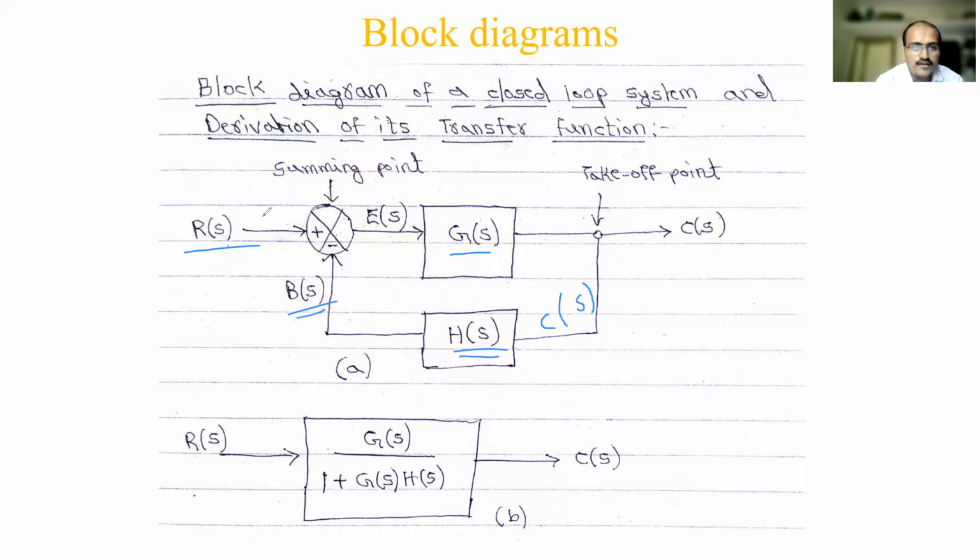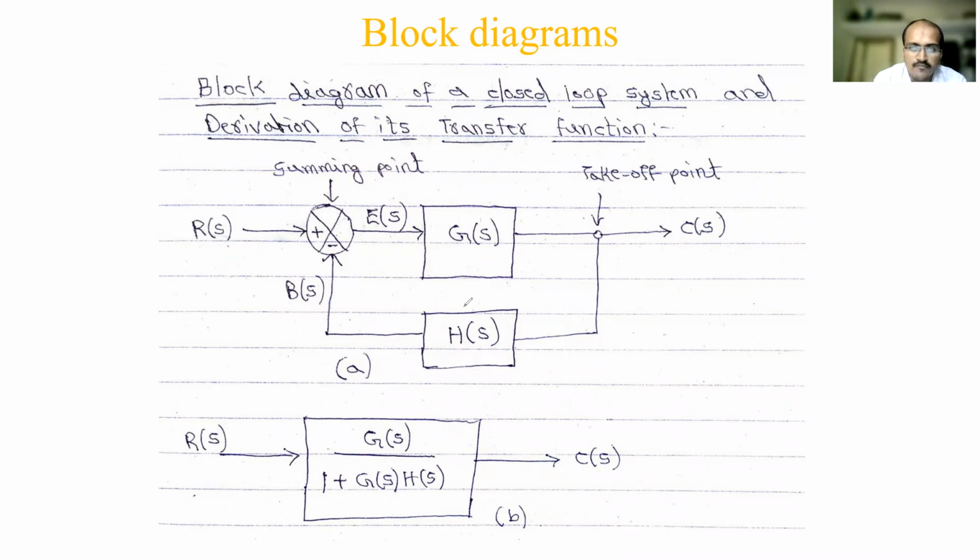Again the same R of S and B of S will be clubbed in the summing point, and an error signal is generated, either plus or minus. Error signal means a deviation, what we have to do to improve the present thing. This time you have taken 60%, so next time you have to improve to 70%, or 65%, something like that. That is plus 5% you have to increase. Accordingly, you have to make changes in your study. That is one example I'm showing here. Like that, these elements are there.